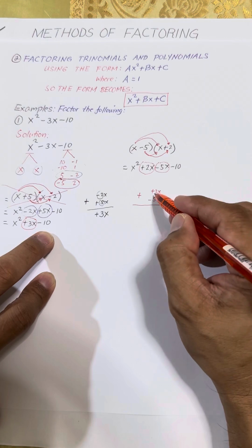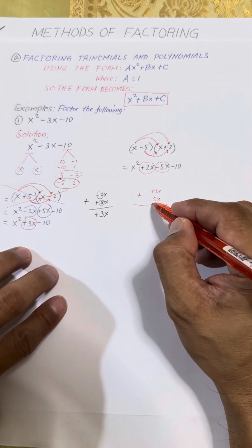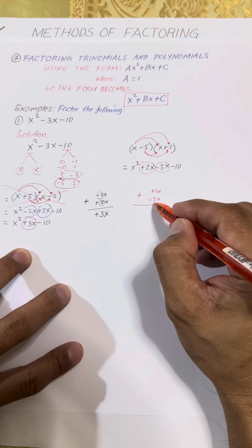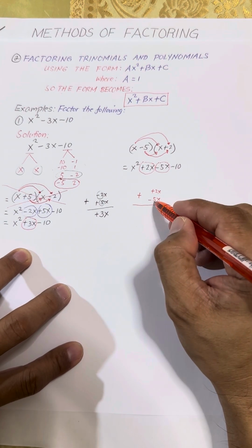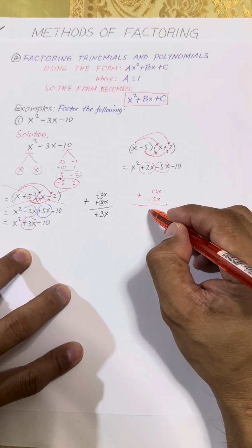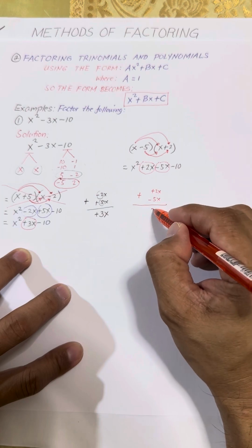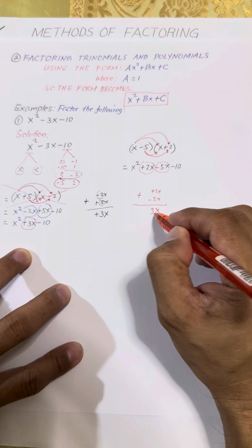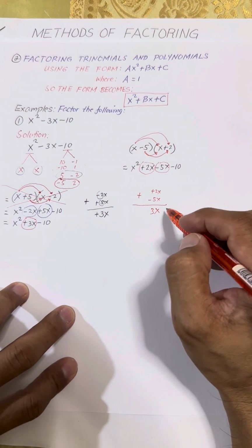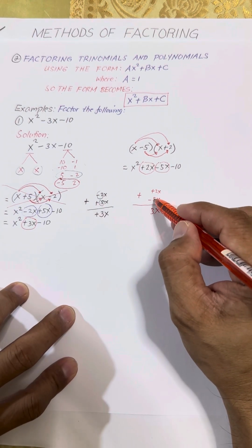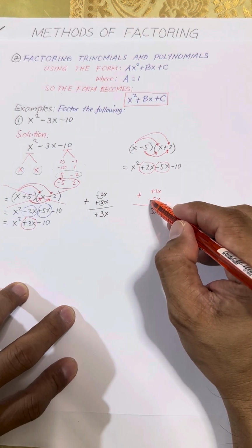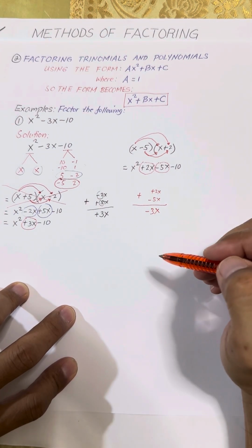Again, we are adding terms that are of different signs. So the rule, if they are different, you have to subtract. Okay, so we have 5 minus 2, because we have to subtract. 5 minus 2 is 3. Then carry the common variable, which is x. And then after that, look at the bigger number. So the bigger number between this 5 and 2 is 5. Then, what is the sign of 5? Negative. So carry that sign.